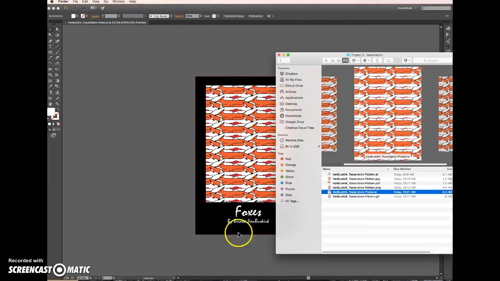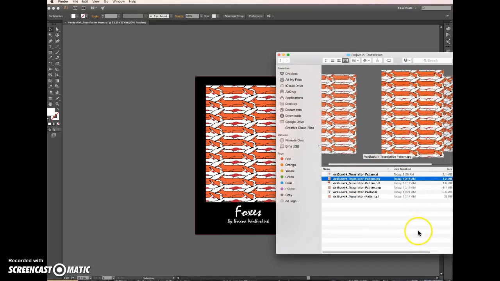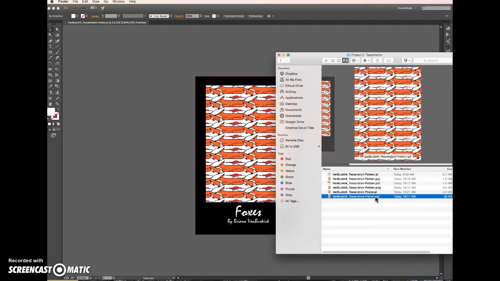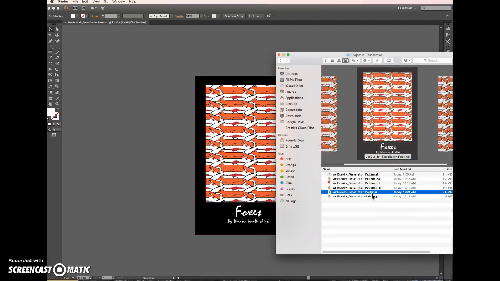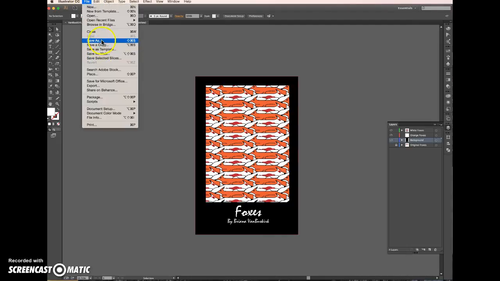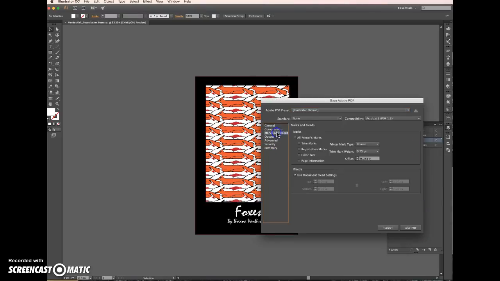So now in our folder we have the pattern saved as a JPEG, PDF, PNG, and a GIF, and then we have our poster. Now we need to export our poster, and we're going to go to File, Save As, select PDF, click Save, and then we're going to go to our marks and bleeds, and this is where we're going to need to click our trim marks and use document bleed settings, and then we're going to click Save